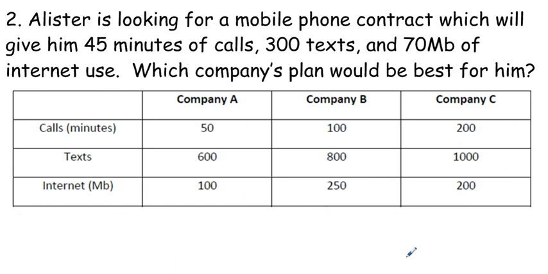So another one, and I'm going to go through this one quickly. So Alistair, mobile phone contract, I'll give him 45 minutes of calls, 300 texts, 70 megs of internet. So let's go calls. Yes, yes, yes, they all give him enough calls. Texts, he needs 300, so A, yes, B, yes,